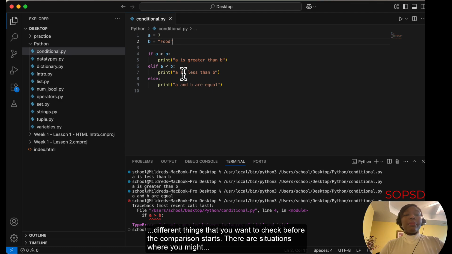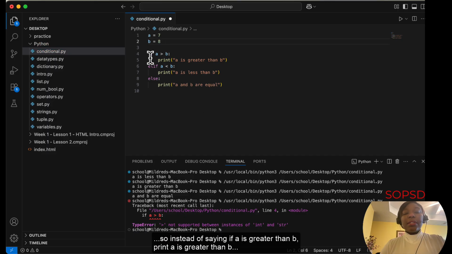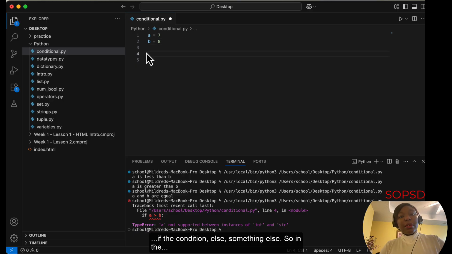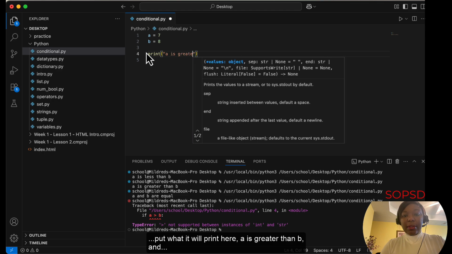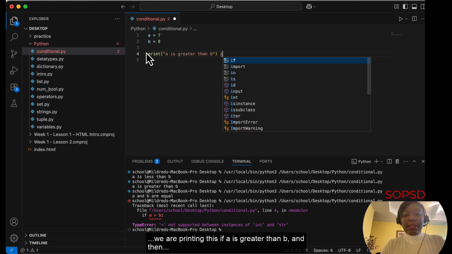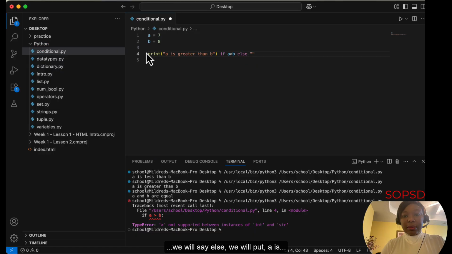There are situations where you might want to use a shorthand. For instance, we have something we call the ternary operator. So instead of saying if a is greater than b, print a is greater than b, if a is less than b, this is a short code. It's okay. When we want to write this using the ternary operator, say what happens if the condition, else something else. So in the case of what we just did, we'll say print, so we'll put what it prints here, a is greater than b, and we're printing this if a is greater than b, and then we'll say else, we'll put